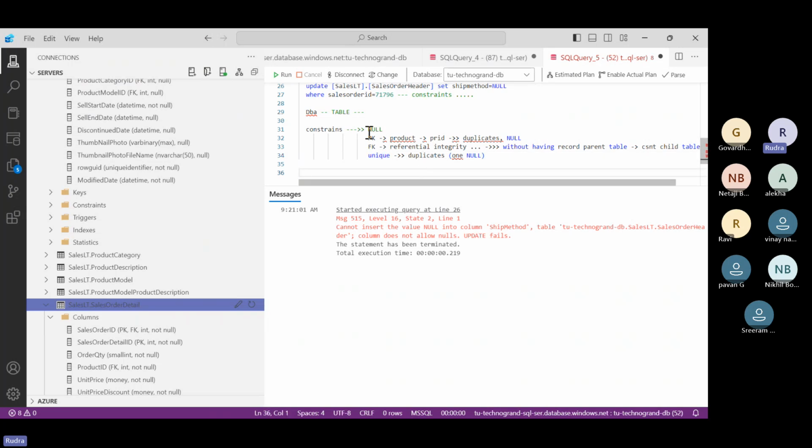Okay, so primary key is useful for avoiding duplicates, and it does not allow nulls, and it is useful for referential integrity. Unique is something where sometimes I don't want to repeat any other unique values, but it will allow only one null value. Okay, so in those cases, we will be creating this unique constraint. And another constraint is the check constraint. Check constraint is something,